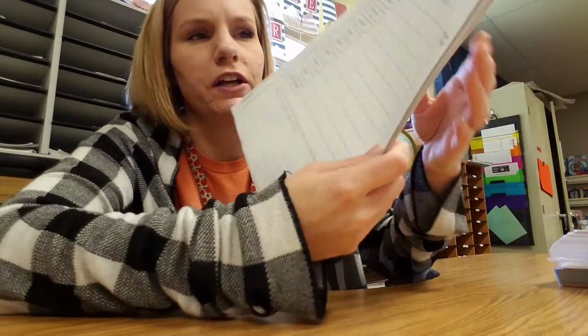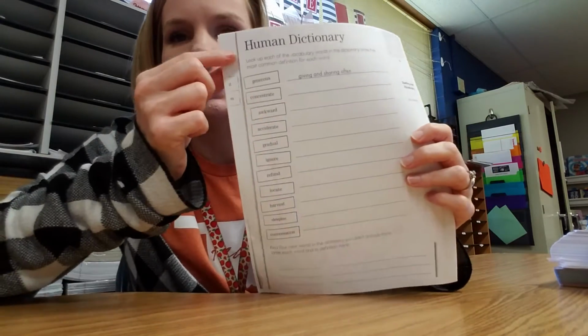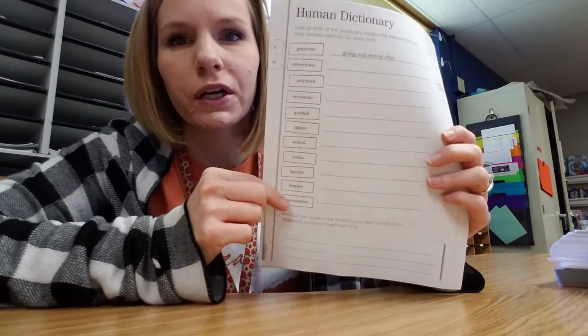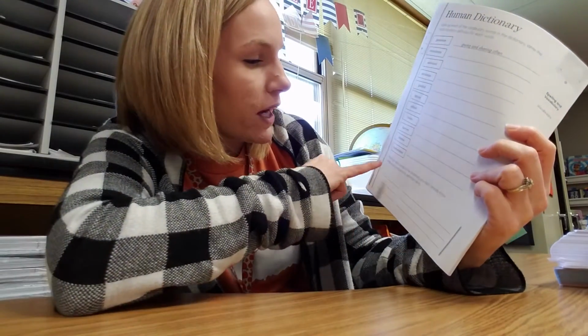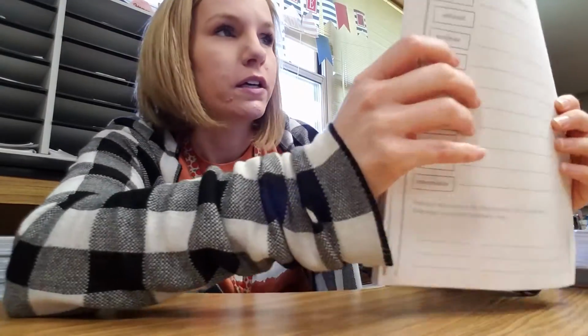So just a little bit of a challenge. But then on the back, it's giving us some different vocabulary words and wanting us to use our dictionaries to look them up, and then finding 3 other words that they didn't know before, and then writing the definition. So we'll get out our student dictionaries and work on that